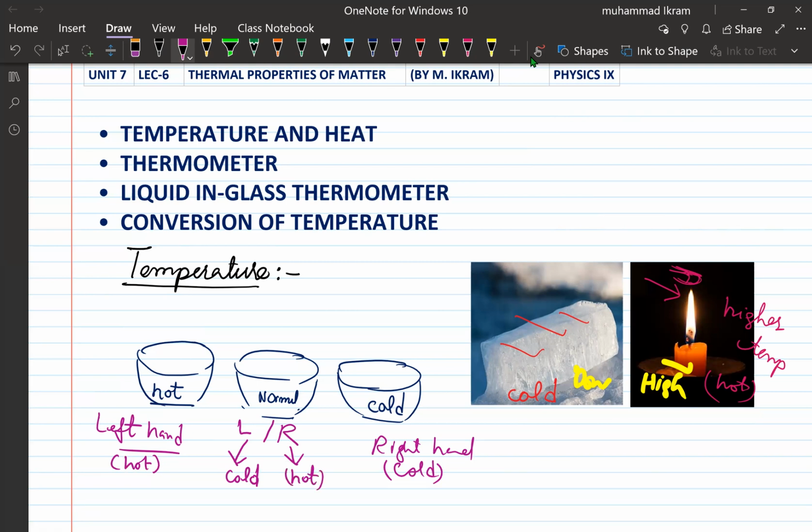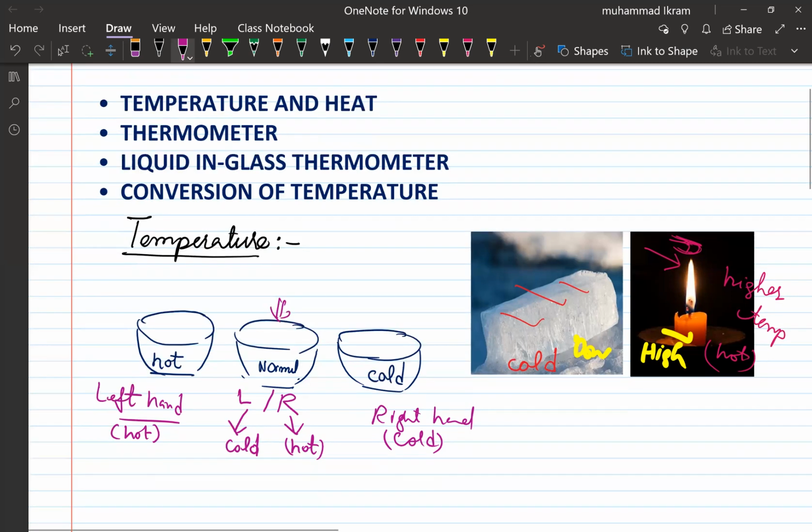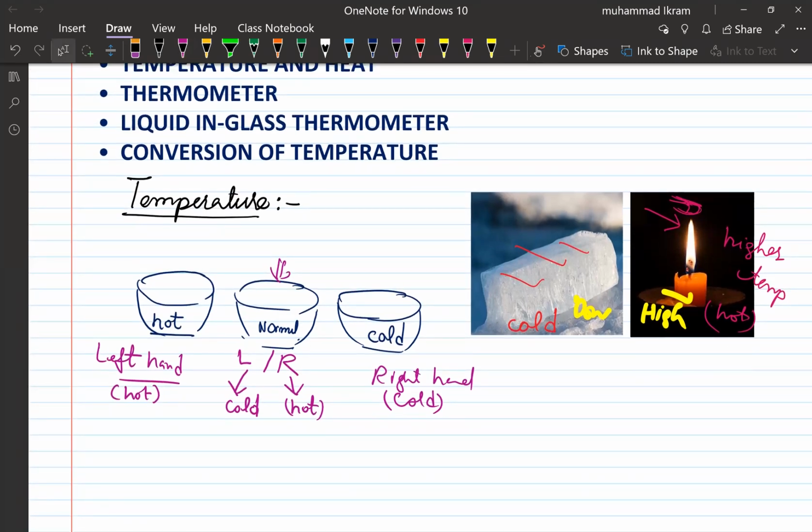So the water is the same here, and you get different feelings. It means that our sense of temperature is not reliable for determining whether something is hot or cold. And why did this happen? It is because heat always flows from hotter bodies to colder bodies, right? So now when you place your left hand, which was hot before,